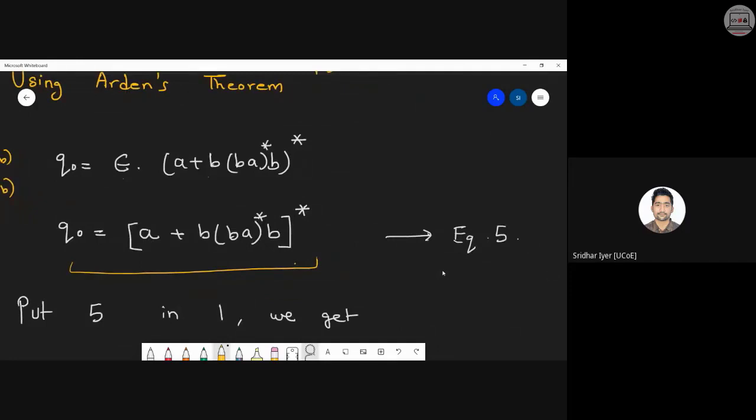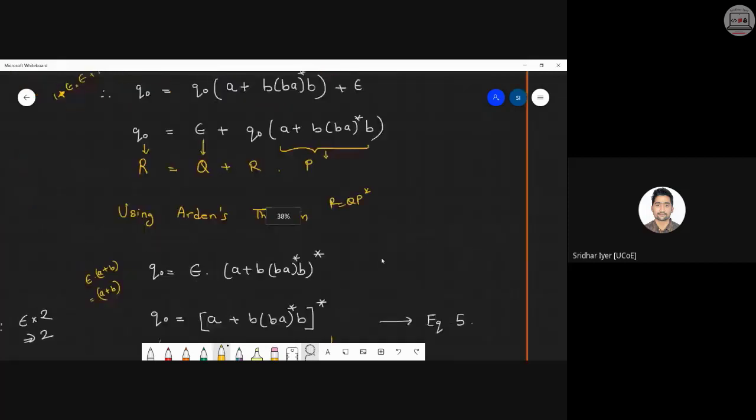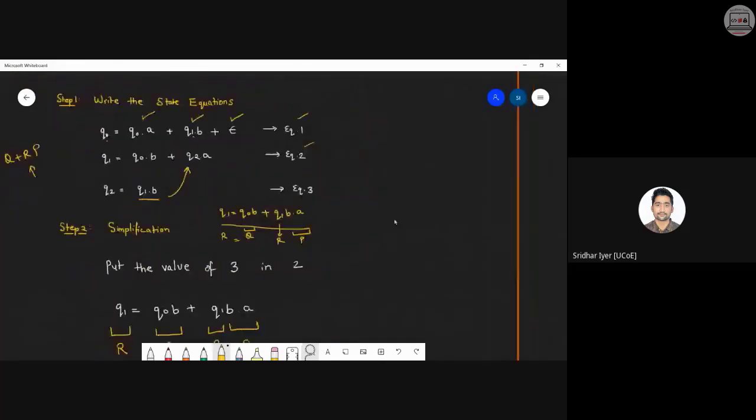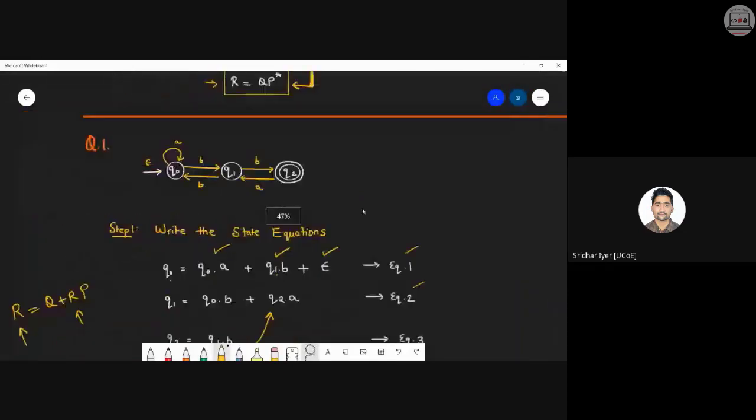So basically, we are moving towards the solution now. We got this Q0 value. This Q0 value is completely in the form of alphabets only. Is it clear? Okay. So this Q0 is only in the form of alphabets. So now what we can do is we can simply make use of this Q0 value, and ultimately we want to reach Q2, because we have to get the final answer for Q2. Q2 is the final state.